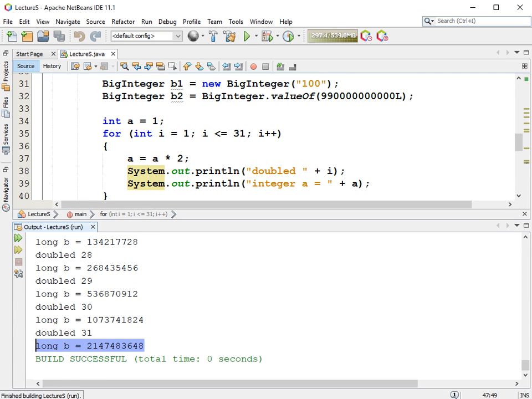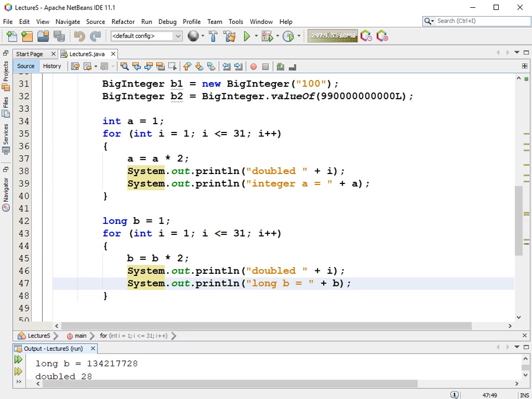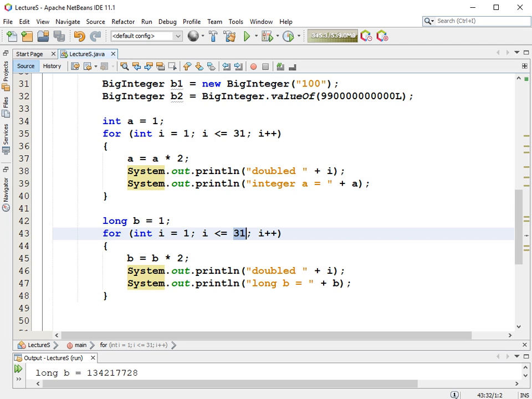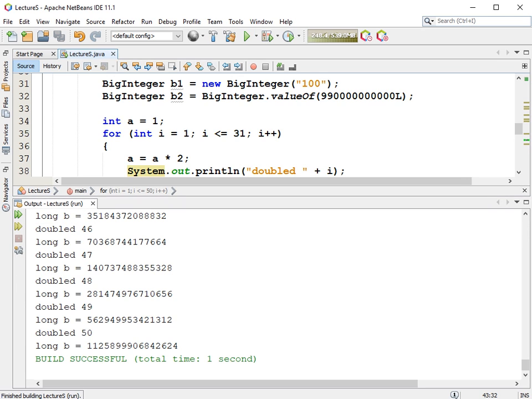All right, so the 31st doubling didn't faze it at all. Let's do it to 50. Nope. We were able to double it 50 times